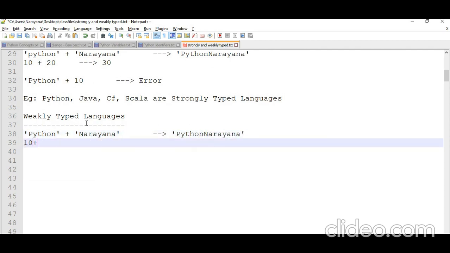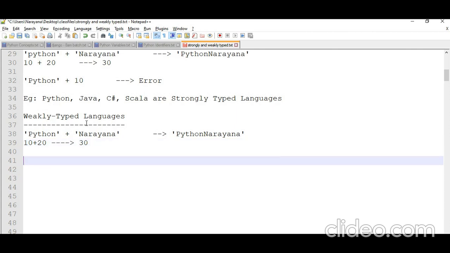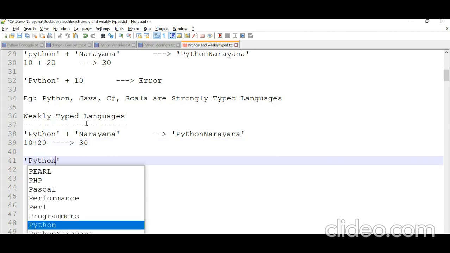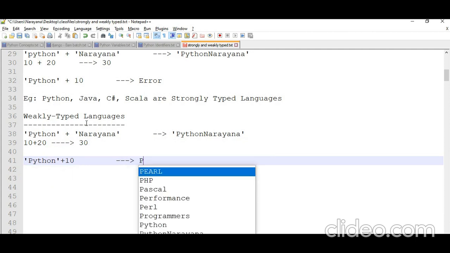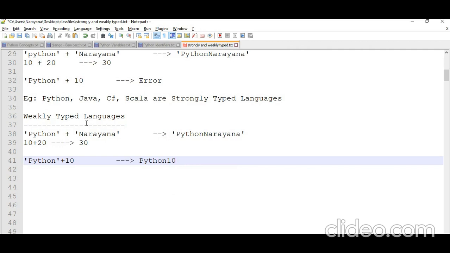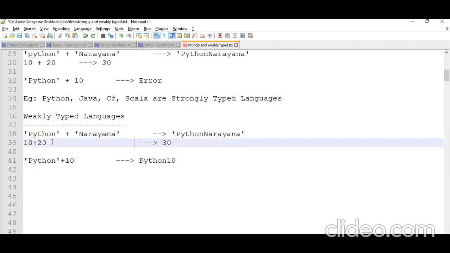If I take 10 plus 20, it will accept and return 30. Suppose I am giving Python plus 10. Here they will allow this type of concatenation also. Simply it displays Python 10.